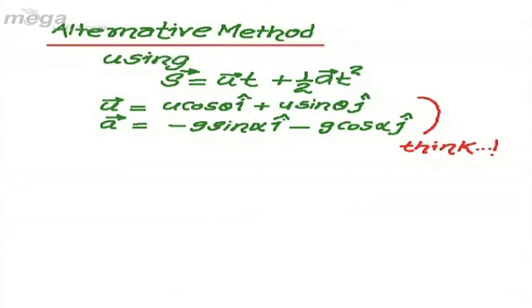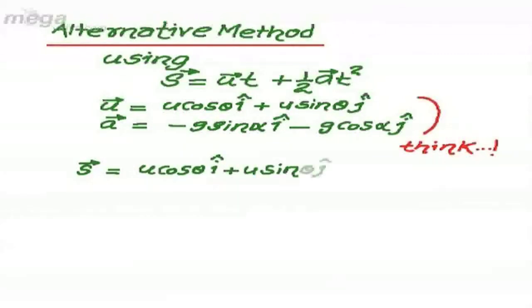So using these values in this equation, we can get the displacement of the projectile in the taken reference frame to be equal to (u cos theta i cap plus u sin theta j cap) multiplied by time t